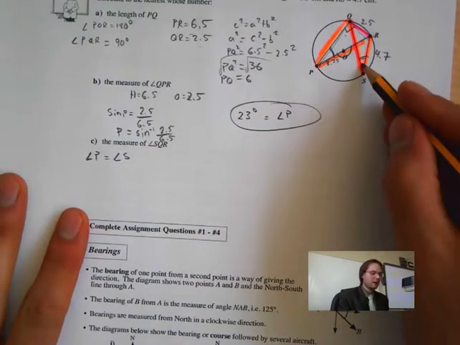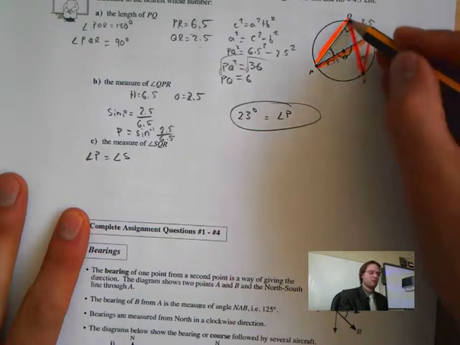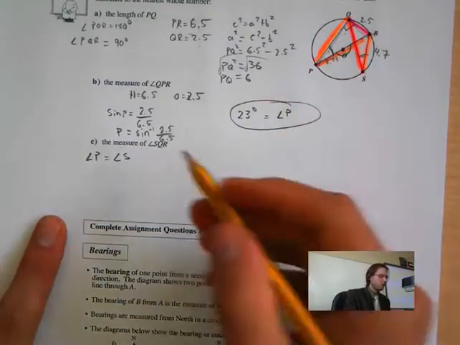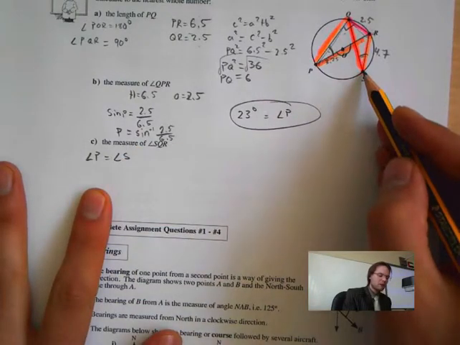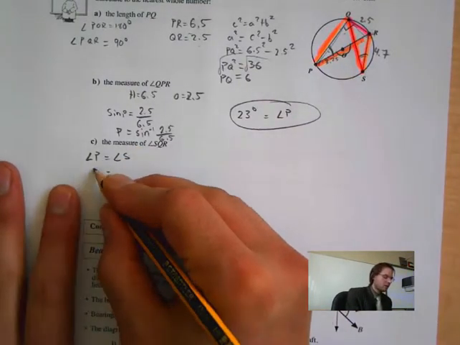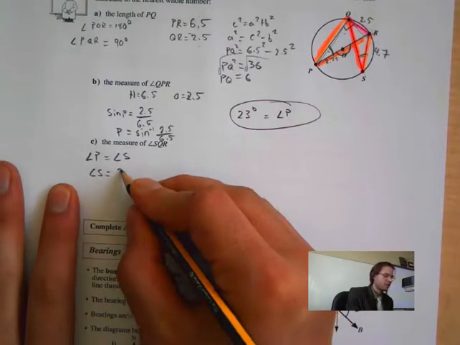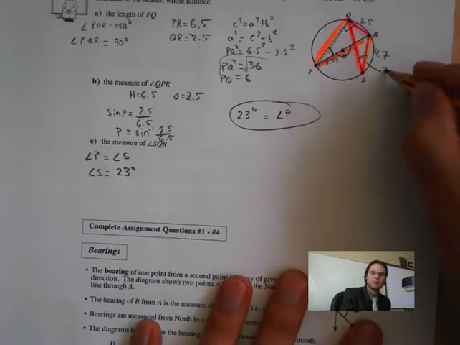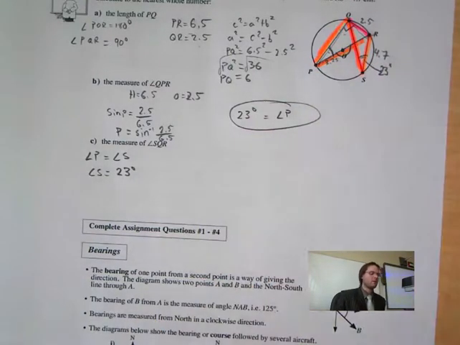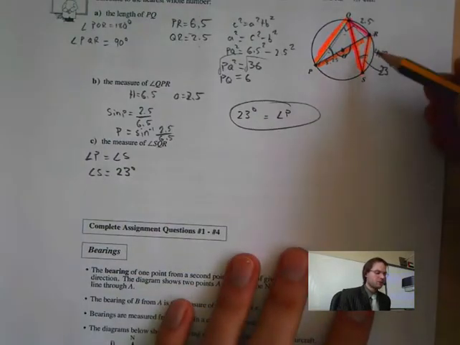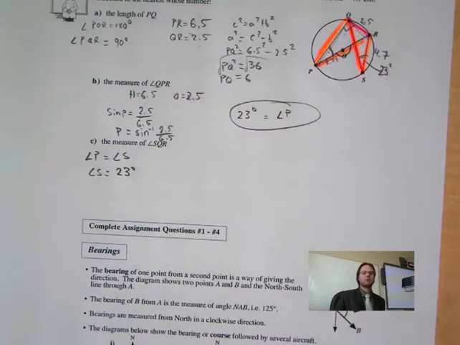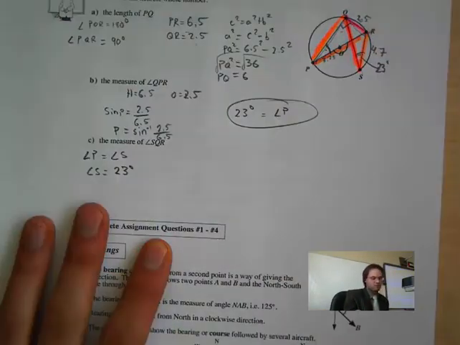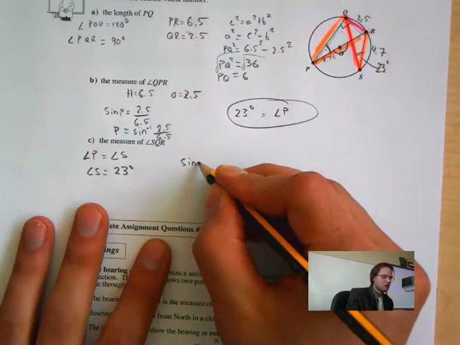Now that we know angle S and angle P are the same, because they're subtended by the same arc, angle S is equal to 23 degrees, because we found that in the question before. Now that we know this is 23, we could find the rest. Well, I'm going to use the sine law because I know the side and its opposite. So sine law. We want to find the angle, so I'm going to keep sine on top. So I'll say sine 23